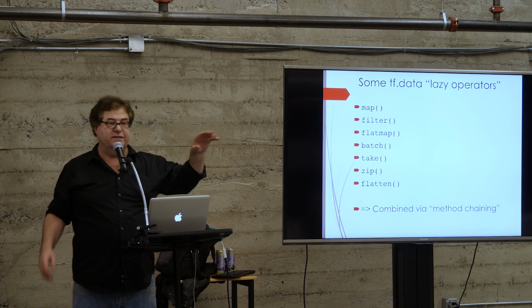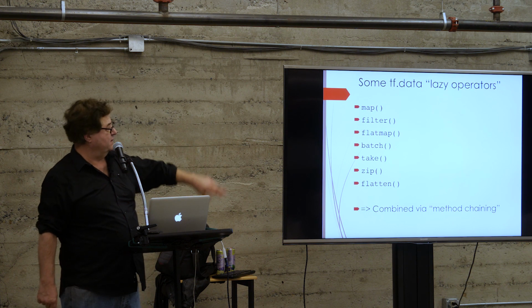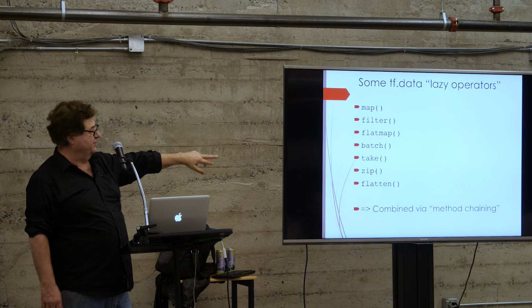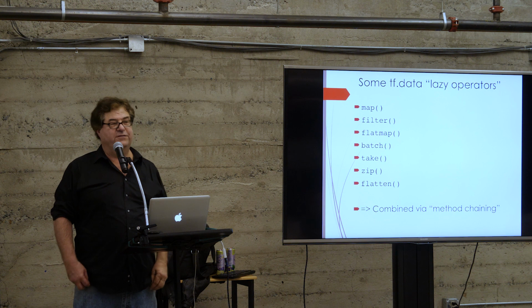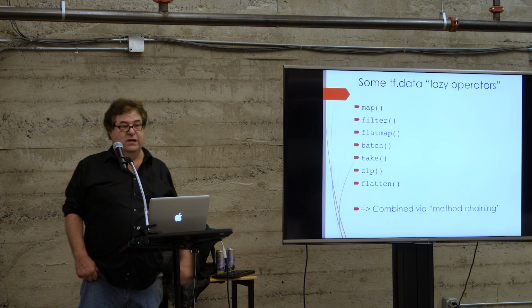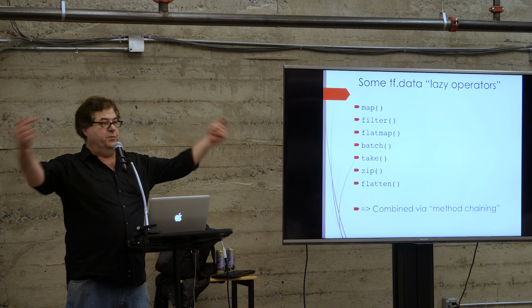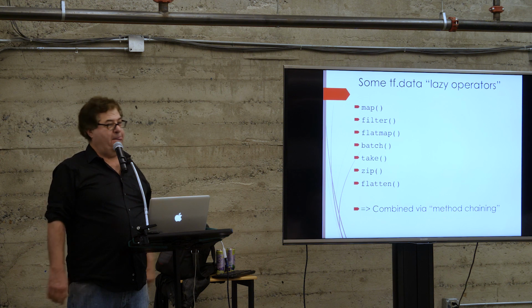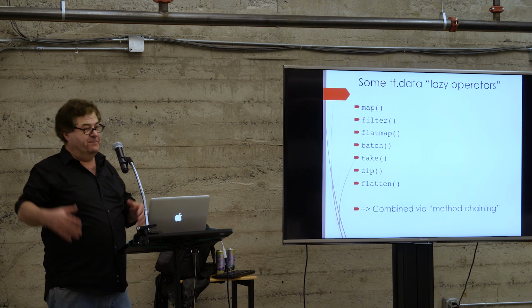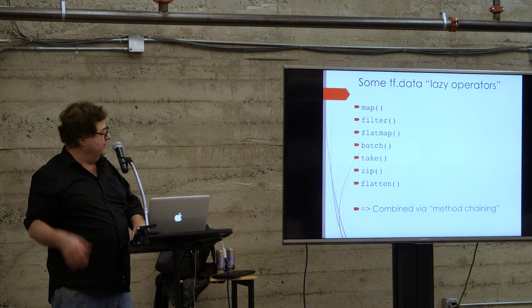And flat map essentially takes something and it flattens it out, because you could have nested arrays, multiple dimensions, higher dimensions. It's a little bit different from flatten. They're similar but different. And what do you think zip does? I find this a very non-intuitive name for this operator. I don't know why they chose it. You have a list, let's say, of numbers from 1 to 10, and then you have another list of numbers, and you pairwise group them together. Why is that called zip? I have no idea. I think it would be better to call it pair, maybe, or I don't know. Anyway, it is what it is.